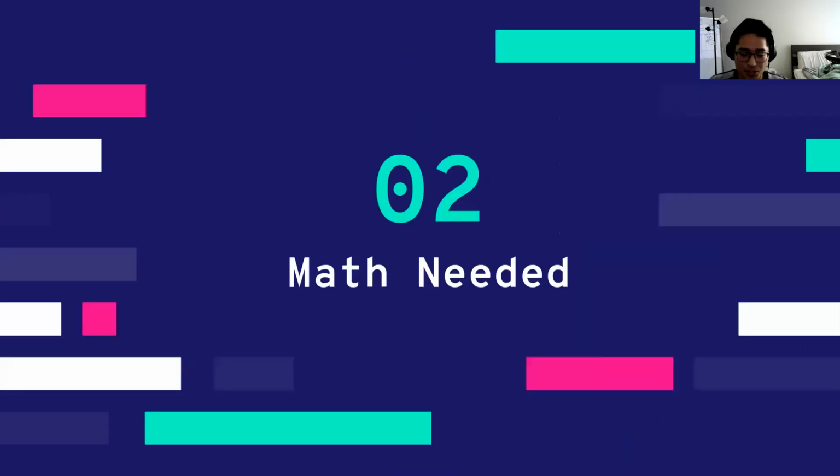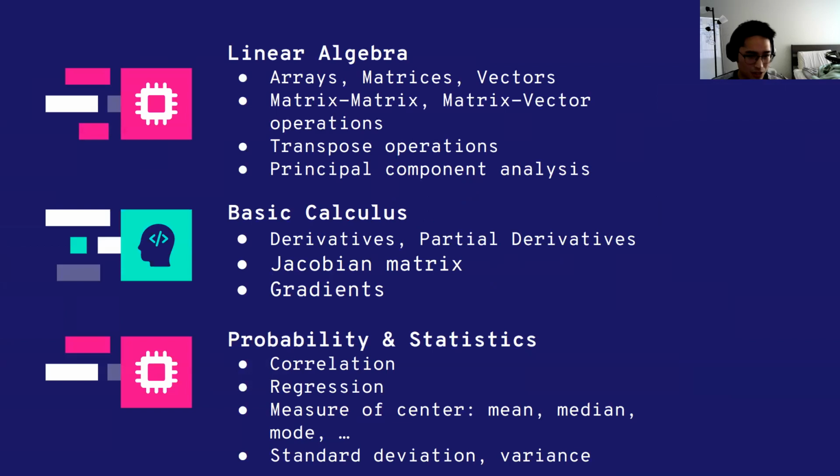Now when you get into machine learning, of course, there is a lot of math needed, and I don't know if most of you have gone into your math classes and wondered, what am I going to use this derivative for? When am I going to use linear algebra? What about the partial derivatives? Well, machine learning is a place to actually use all the math you learned in all your high school classes and college classes.